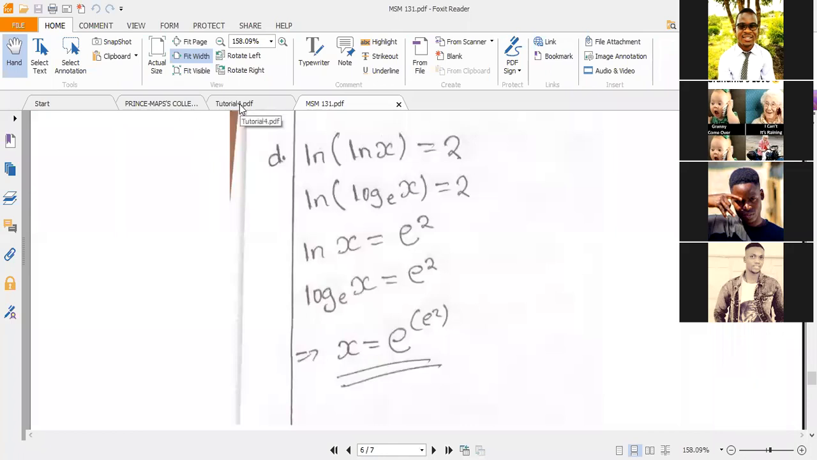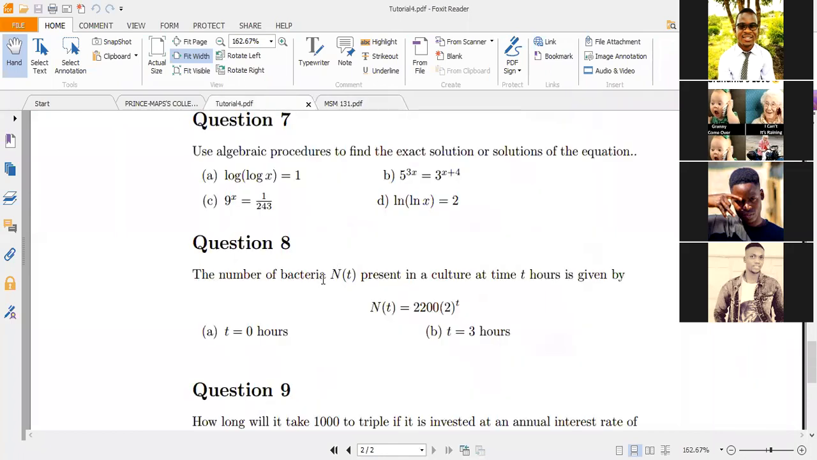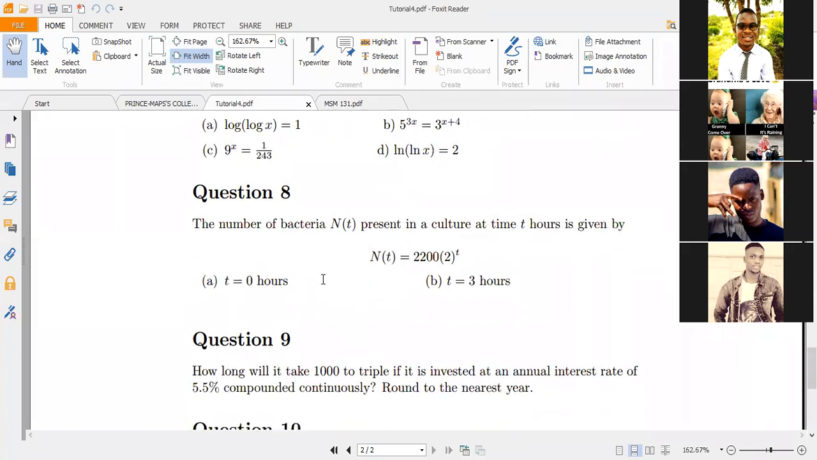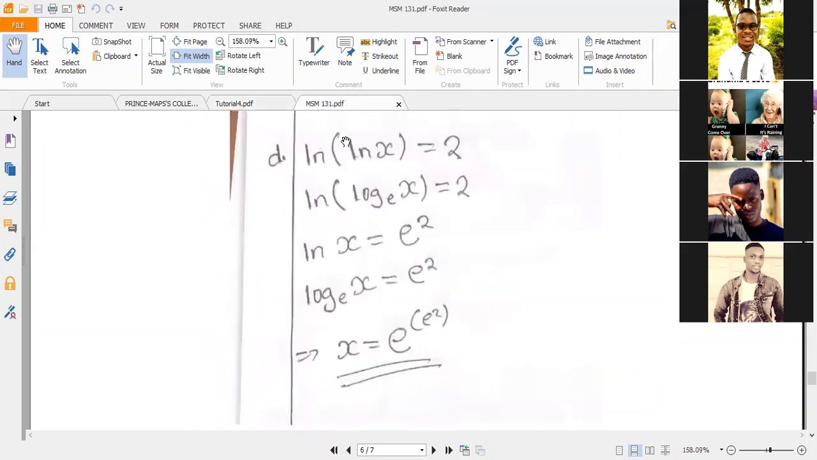Okay, so if we go to our third sheet, question 8. Question 8, the number of bacteria N(t) present in a culture at time t hours is given by N(t) is equal to 2,200 times 2 to the power t. So the 2 is the only thing that is raised to the power t. They're asking us to find the number of bacteria at time t equal to 0 and time t equal to 3. So if we go to our solutions,